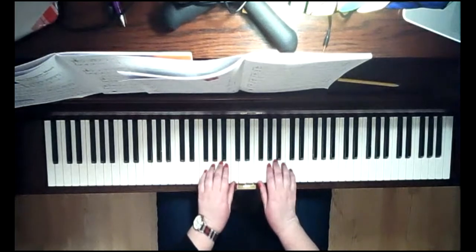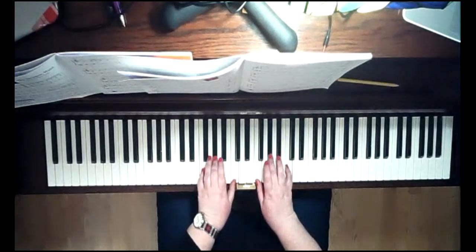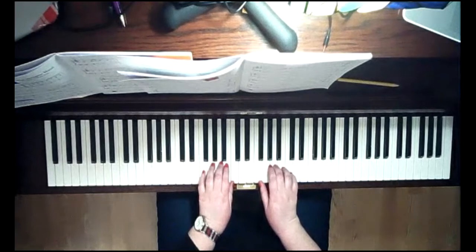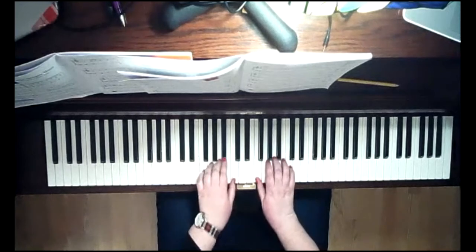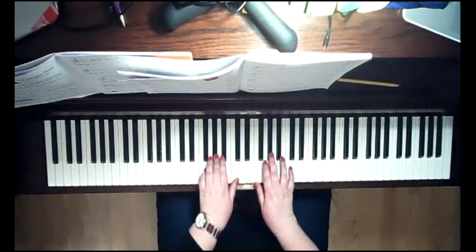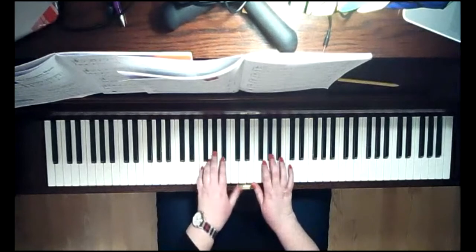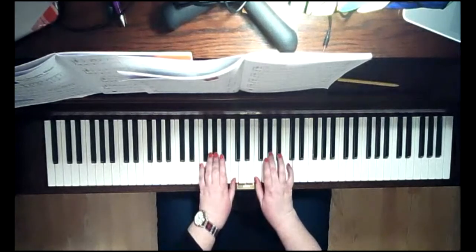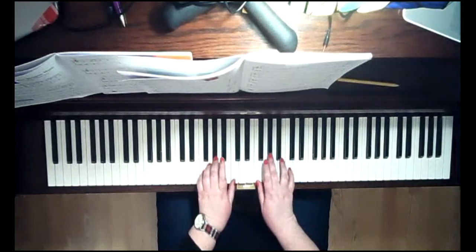Okay, so compare F major to F minor. Notice a different attitude there. Major is happy. Minor is kind of sad sounding. If you listen to the background music in a movie when something happy is happening, there's usually a major key in the music. And when something sad or scary is happening,